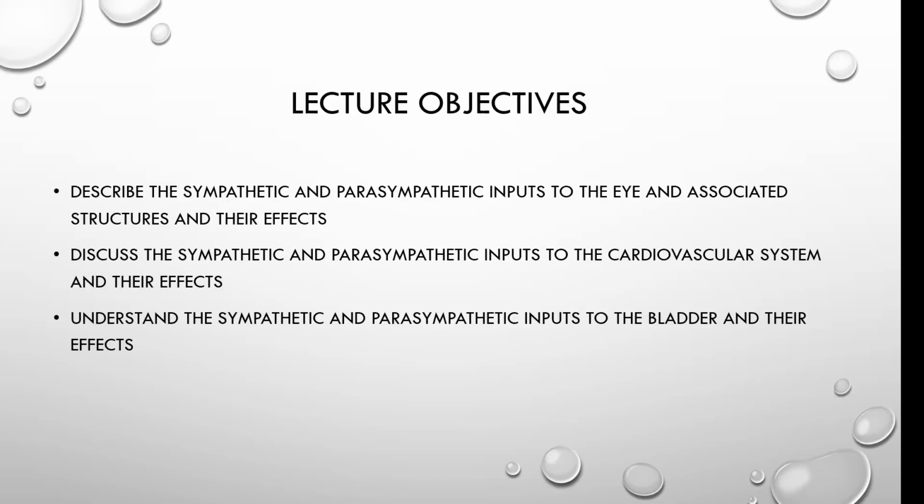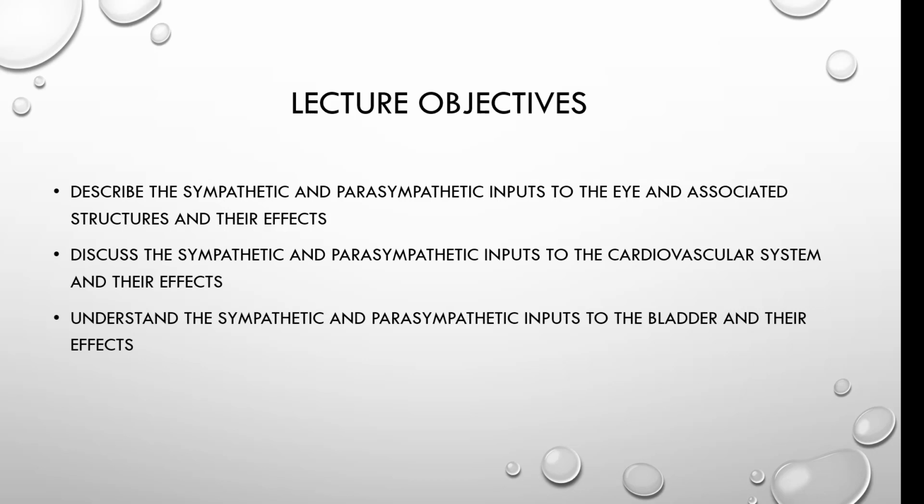We're going to talk not about all of the systems that are innervated by the autonomic nervous system, but about a few, including the autonomic inputs to the eye and some of its associated structures, the sympathetic and parasympathetic effects on the cardiovascular system, and then a little bit about the sympathetic and parasympathetic inputs to the bladder and how